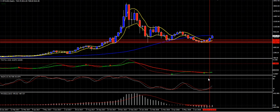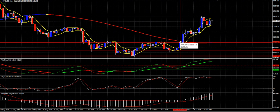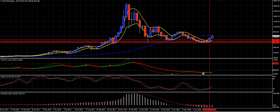But again, you want to make sure you're checking your higher time frames. Because if the momentum is working with you, you're going to have an increased likelihood of a trade working out for you. And if it is against you, again, if prices were trying to push up and break through this level right here, and this was still red instead of being green, and it's still dropping,